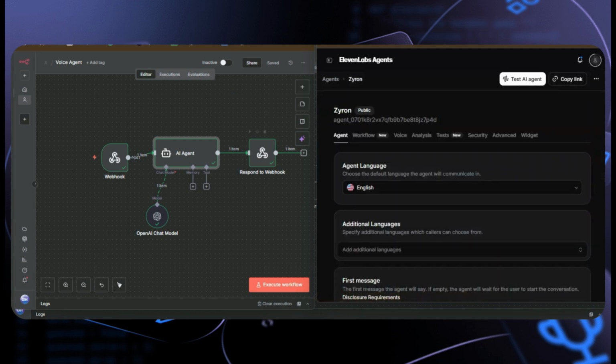So what it does when I ask about pricing and other things is it asks n8n for the answer. So today we will build this.